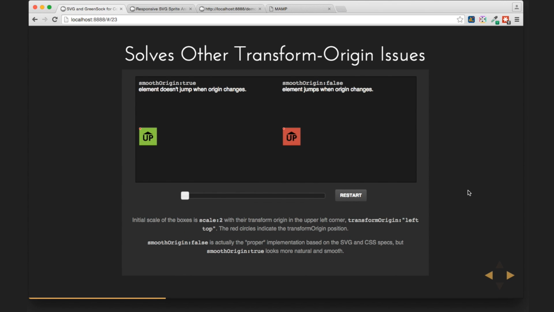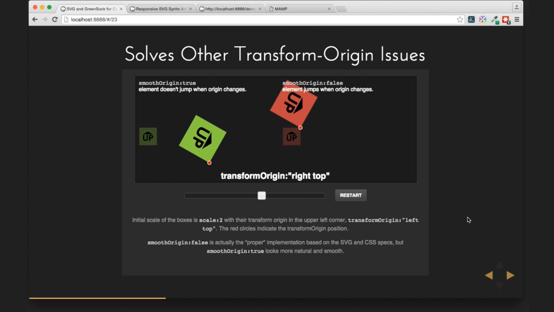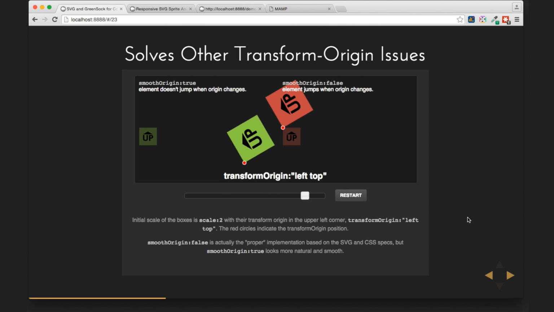There are other browser transform origin issues. One of the things in the SVG spec that just doesn't make any sense is that when you have layers of transform origins, if you keep switching transform origins, the way it actually materializes makes sense on paper, but doesn't make sense when you look at it. So if we're watching, the one on the right is based on the spec, and you can see it flipping around and jumping to that readjustment.